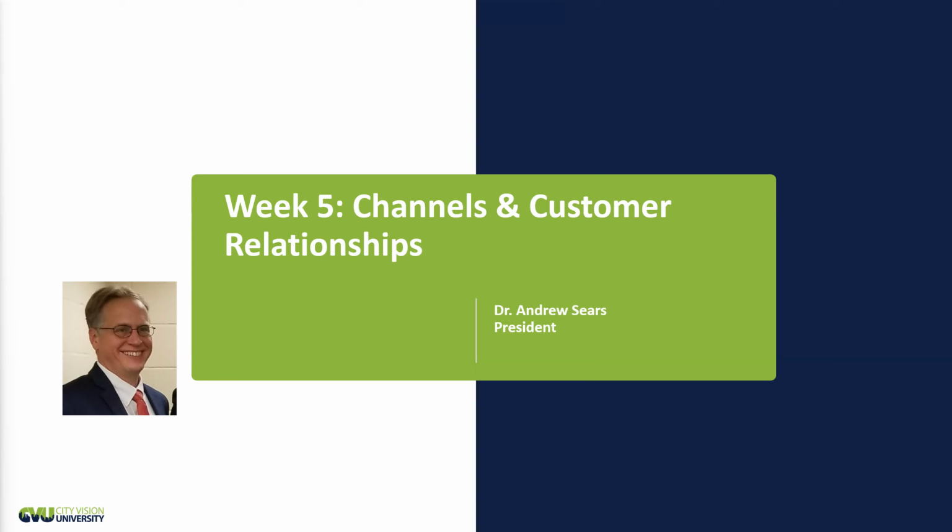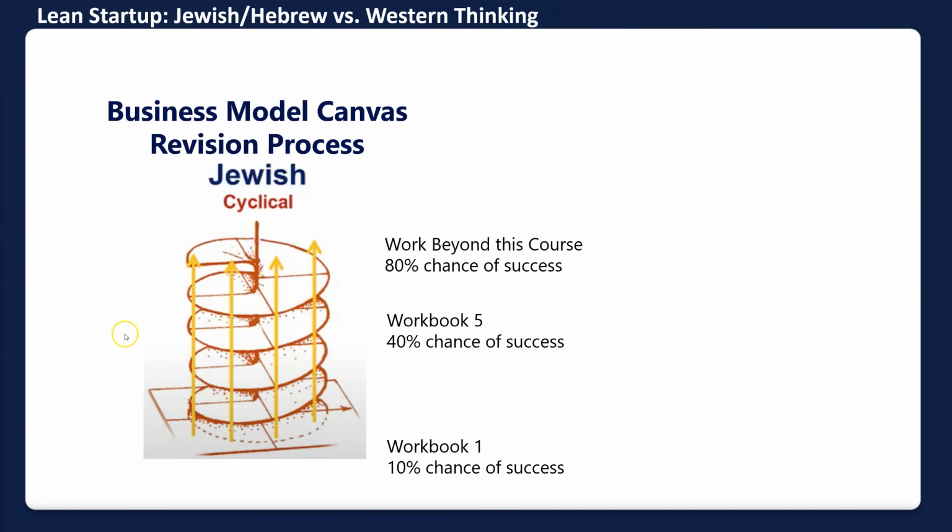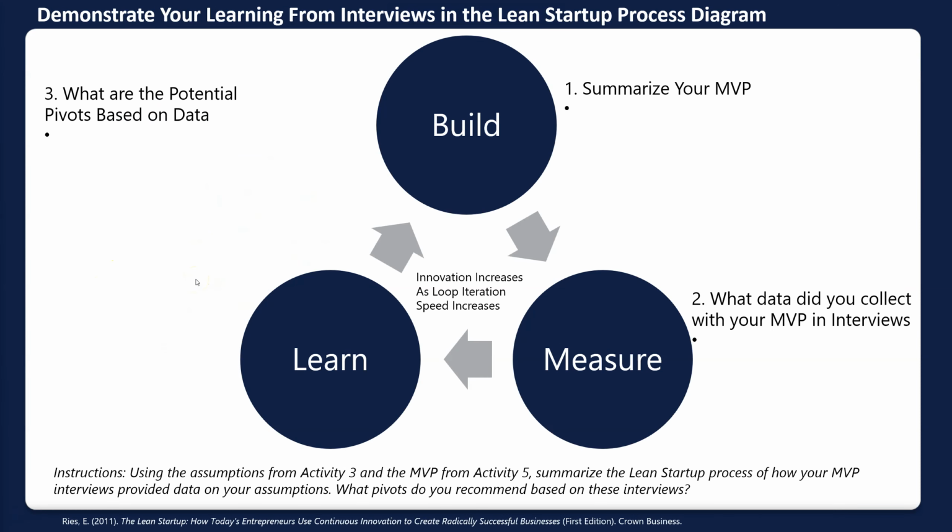This week is about customer channels and customer relationships. As a reminder, we're going through this business model canvas revision process, and it's kind of the Jewish way of thinking that things are cyclical. They might move in a direction in the long term, but you're going to keep rehashing over things. As you go through these workbooks, we're trying to get you from a 10% chance of success to a much higher chance of success. So as you do that, we're also wanting you to be thinking about